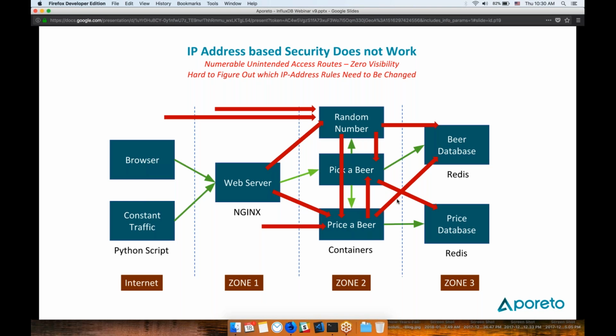So when you move to the correct model, where security is based on the application components, then instead of a rule that says anyone from zone 1 can come into zone 2, the rule would say the Nginx web servers that are in zone 1 can come into zone 2. So now you're getting very, very specific: that are being run under a certain user ID, that have other labels associated with them. You can start to get very, very selective about who comes in and who doesn't come in. And you automatically close off all of these unintended paths that are used oftentimes for land and expand attacks,